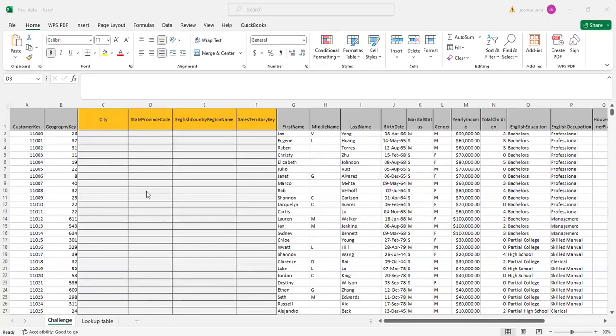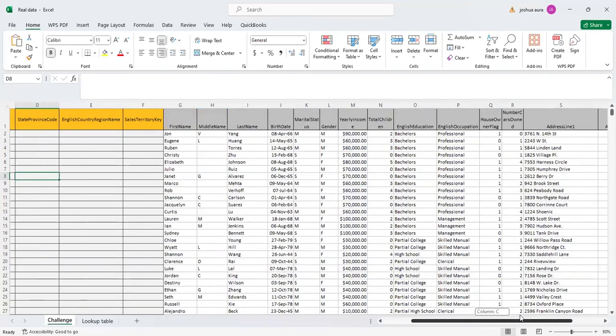Great. So if you look at this particular document, let's study it. In this data, we first have people's names. We have birth date, marital status, and gender. So you might be required to classify or group. You are required to give us annual income based on gender, based on English education, based on English occupation, or even household,